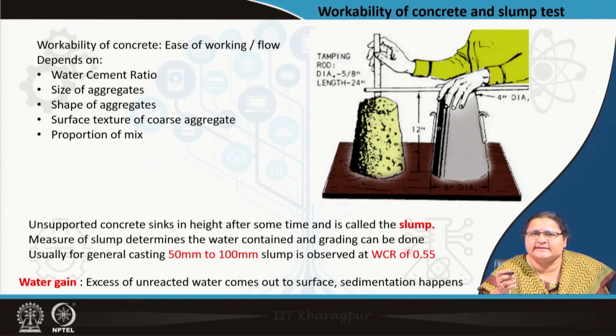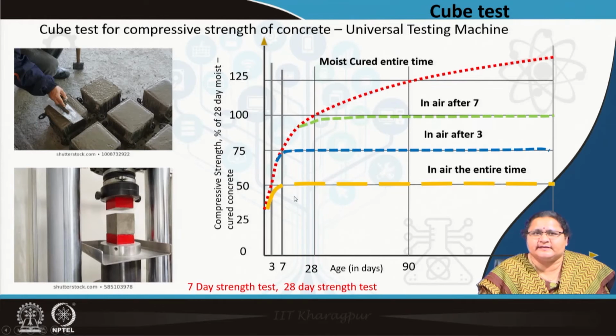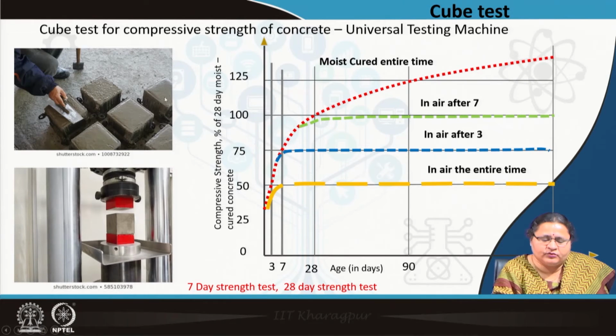So this slump test gives you a clue of the water cement ratio, and which also gives you an indication that yes, the strength would be of this order. Now coming to the cube test. This is always done on site on the day of casting. You can see some cubes here, where with the help of a tamping rod they have been compacted, and the items are left with the material which is being cast on the day, which is a large scale